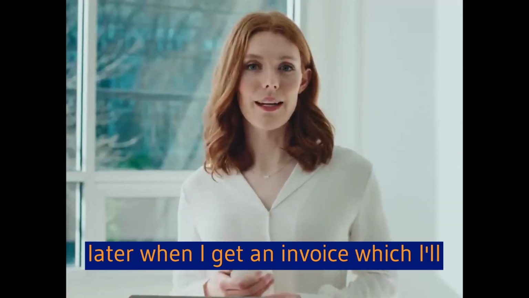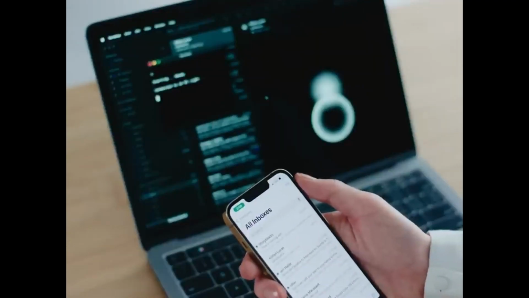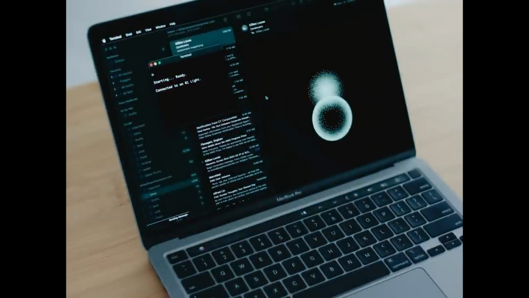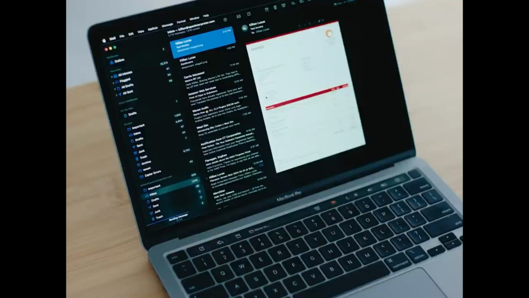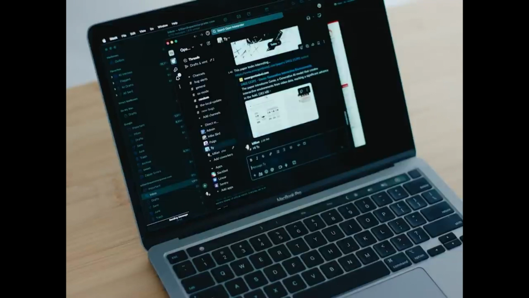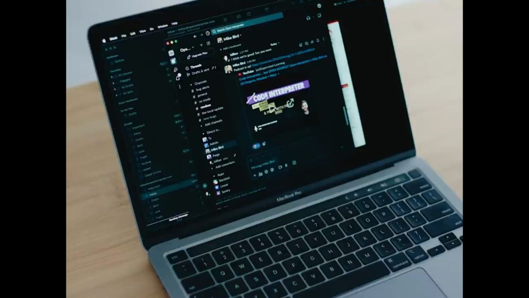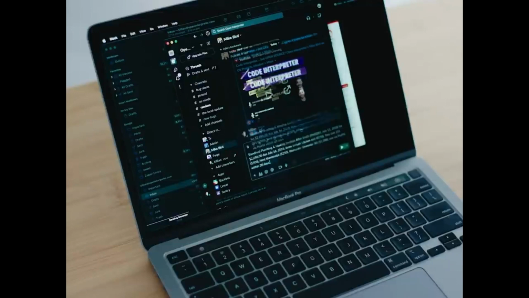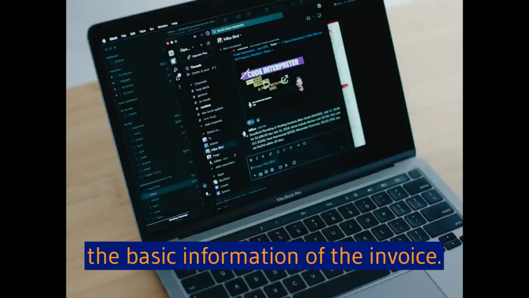Now, days later, when I get an invoice, which I'll test just by emailing one to myself, it will Slack it to Mike and let me know about it. I just sent a Slack message to Mike with the basic information of the invoice.